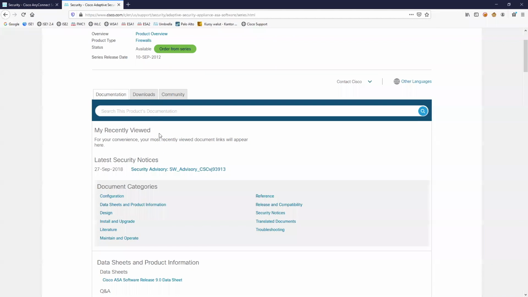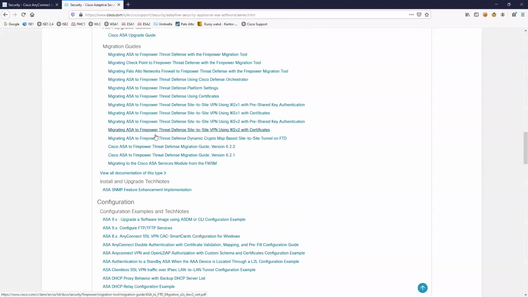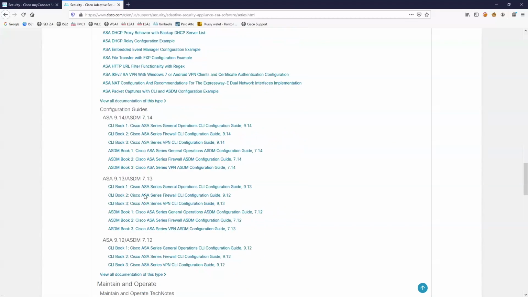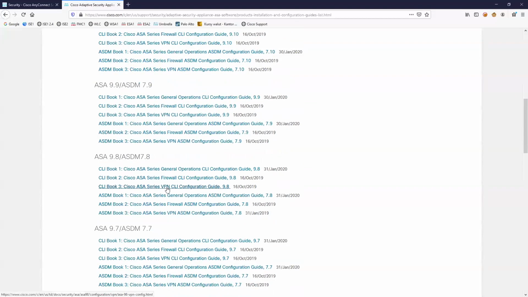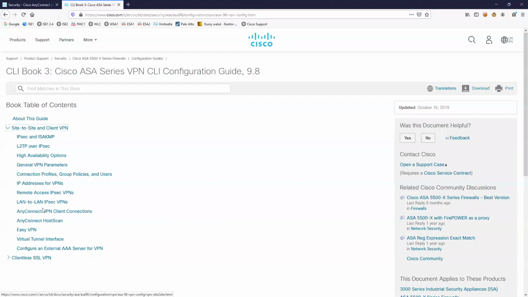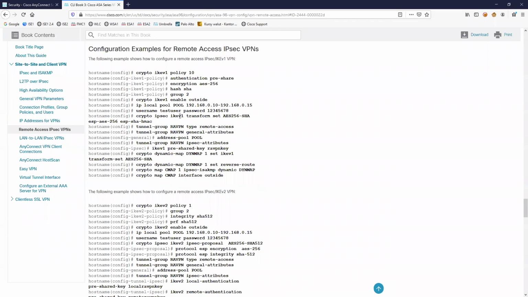ASA, I'm looking for security guides, configuration guides. Configuration guides over here. Let's shoot for 9.8, VPN CLI. Site-to-site and client VPN, and then down to remote access IPsec VPNs. Configuration examples for IPsec. So I want to show you the difference between SSL/TLS config and